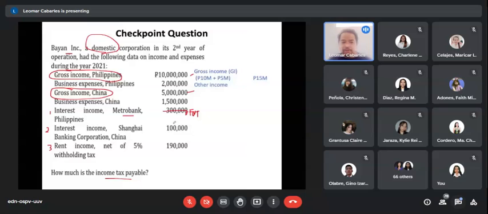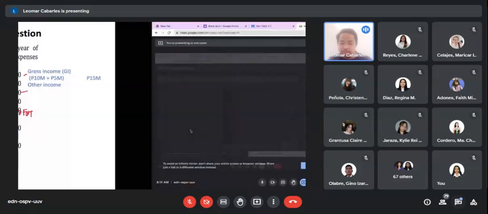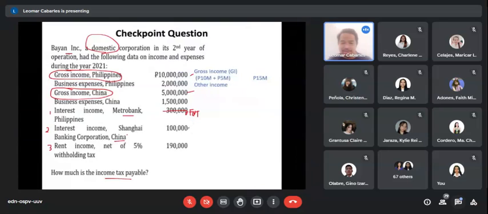So, pero itong galing sa China, yan, galing sa China ito, from outside of the Philippines. Okay? So, isasama mo pa rin to kahit na passive yan. Kasi hindi naman to na final withholding tax. Kasi, di ba, wala namang jurisdiction dito ang BIR. No? Then rent income is another other income. Another other income. No? Pero, net na ito ng 5%. Itong withholding na to, hindi pa to final.